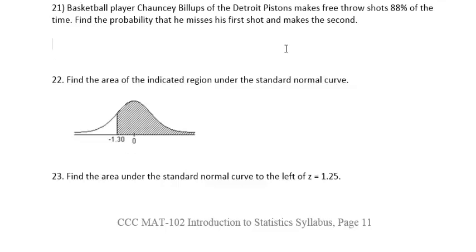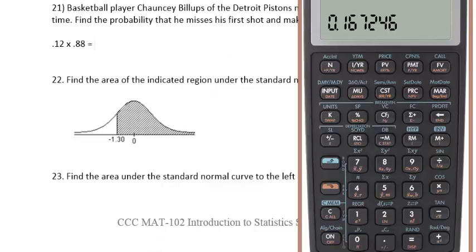So we need "and" possibilities here. The first one was the miss. What are the chances of a miss? 12%, because if 88% is a make, then 12% is a miss, so we'll put 0.12. The second, we had the possibility of 88% of a hit, so we'll do that. Since we want the two possibilities multiplied by each other,